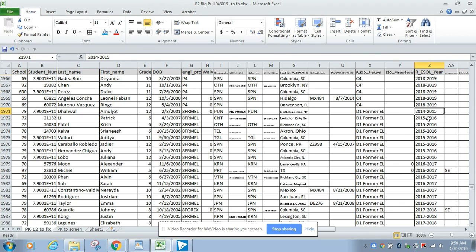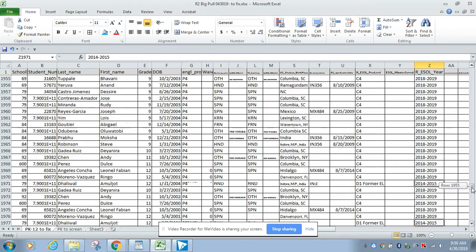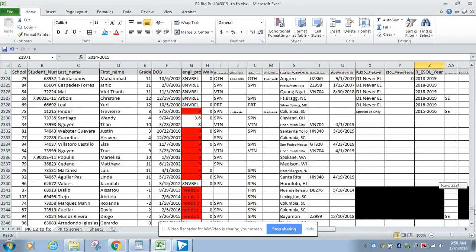And the years don't have to be updated once a student turns to D because they're done. D1 is done. So I'll go down and scan for all my 8s to make sure that those line up correctly. I'll then get down towards the bottom of the page where I'll probably start seeing some errors again. And here I see,